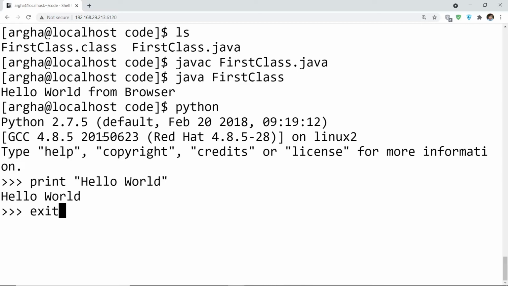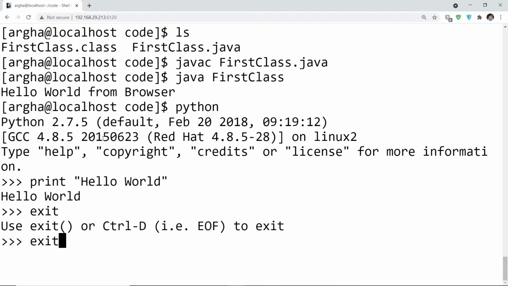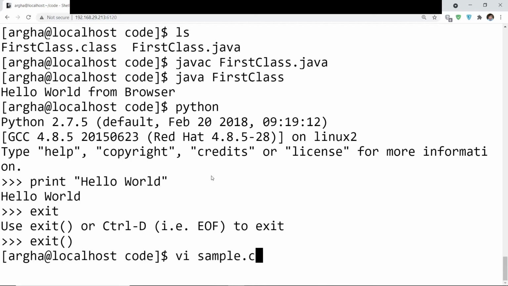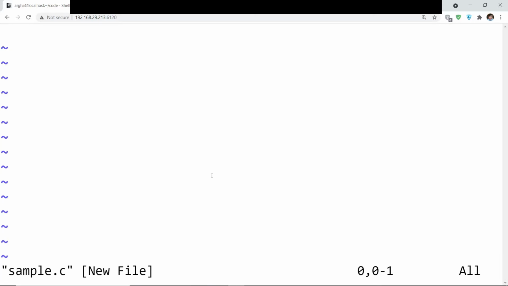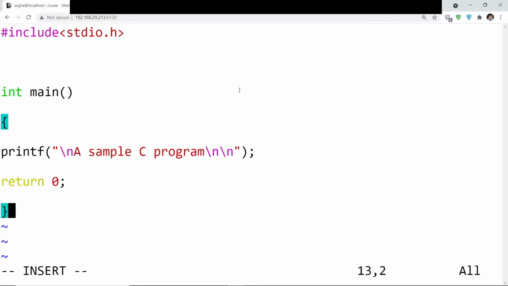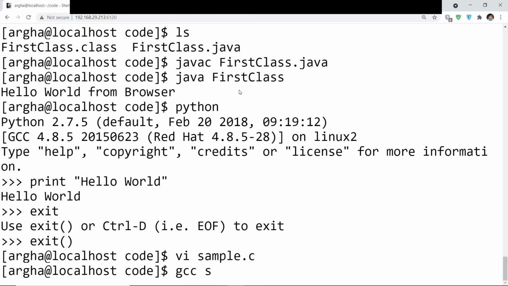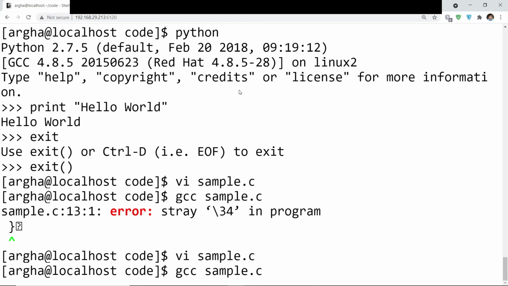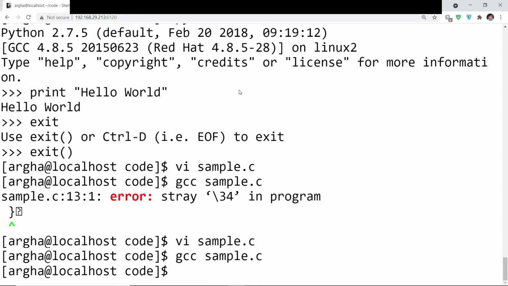And then I think we should be able to run our C code as well. Okay, so let's write a simple C program. I will quickly write down the code for this. Okay, so the code is written. Let's just save it. Okay, now we can compile this, right? Let's compile it again. Yeah, so we are able to compile.